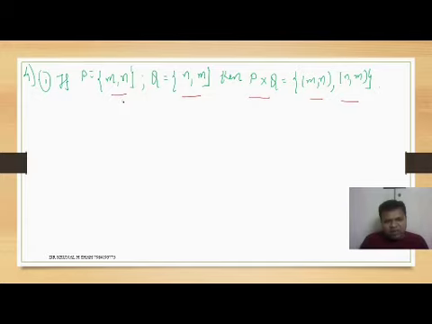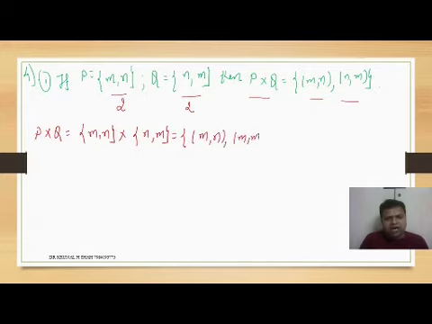So वैसे तो देख के ही पता चल गया, there are 2 elements in P, 2 elements in Q, तो P cross Q must be 4. But यहाँ पे 2 ही element दिए, still we are finding here P cross Q. That is equals to {M, N} cross {N, M}. So let's start with the first element. So that is going to be (M, N), (M, M), (N, N), (N, M).